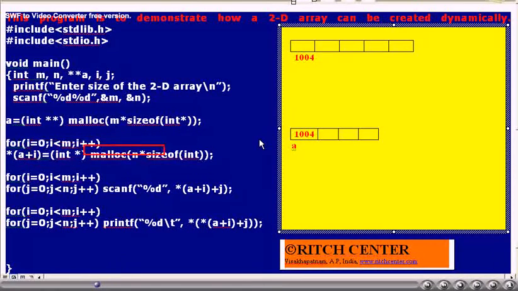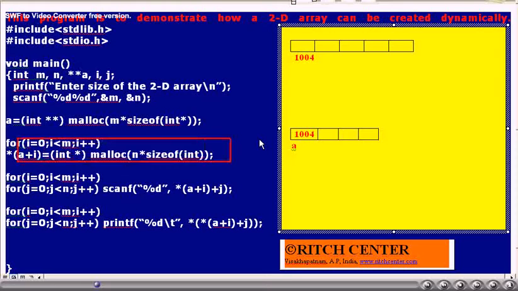After creating the memory for the pointer array, memory for our 2D integer array will be created row by row. When I value becomes 0, the first row will be created such that it contains 5 integers, and the starting address of that will be stored in the first element of this pointer array.